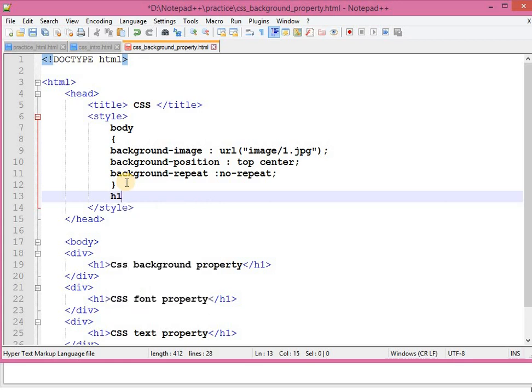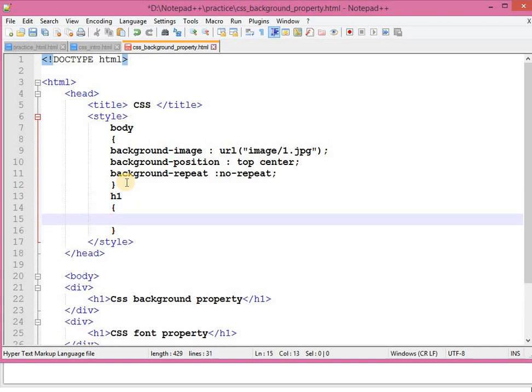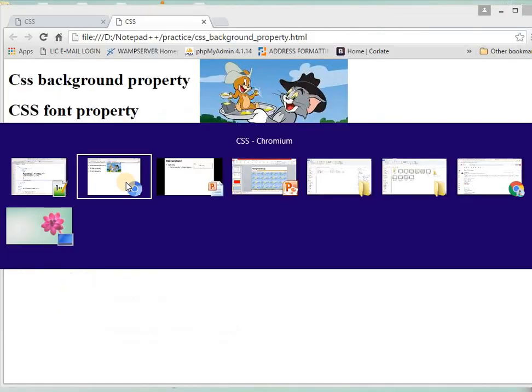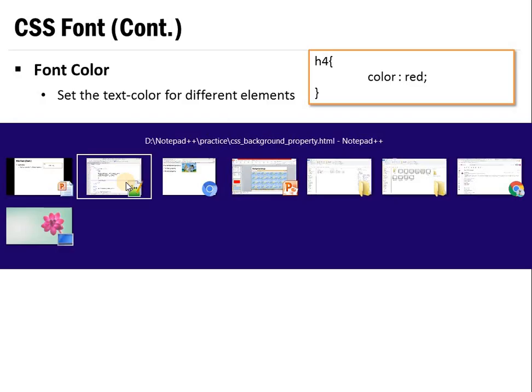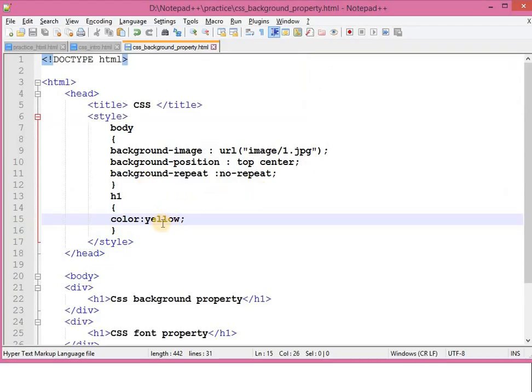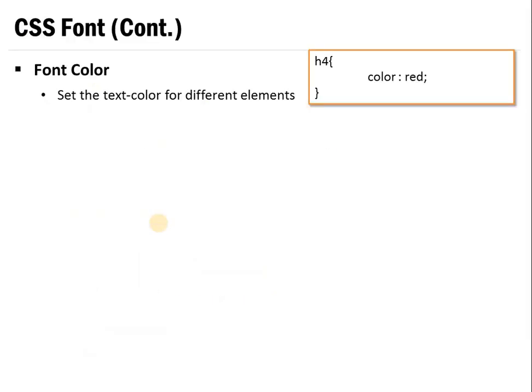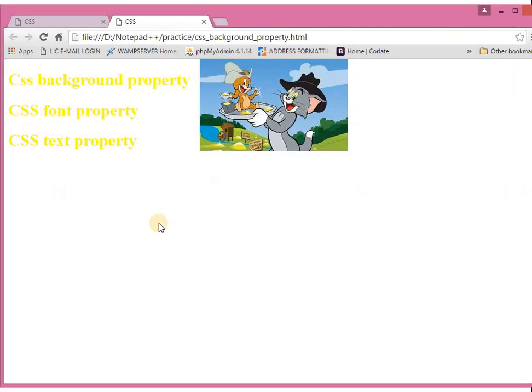Color, let's say, yellow. You can get it, but I think I just need to change it to blue, everyone's favorite.